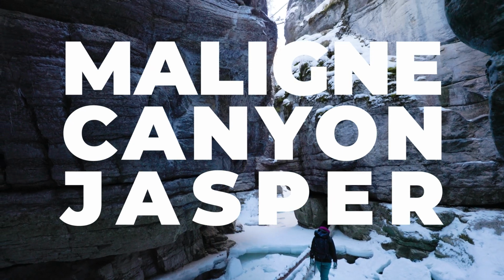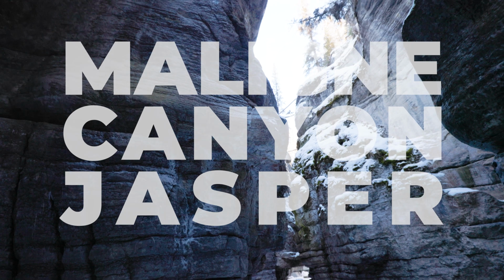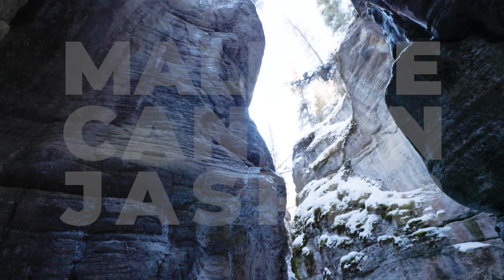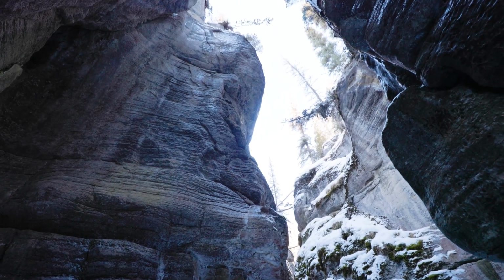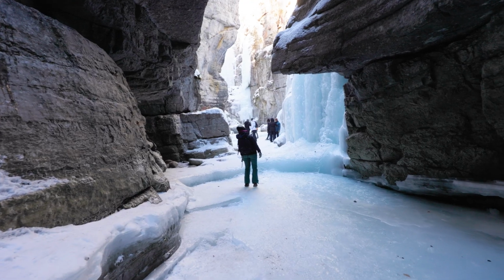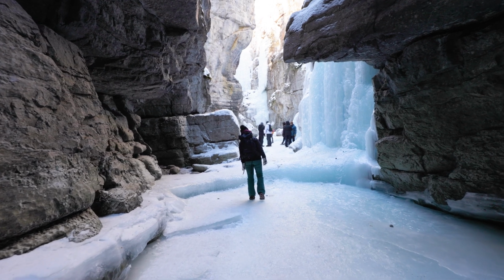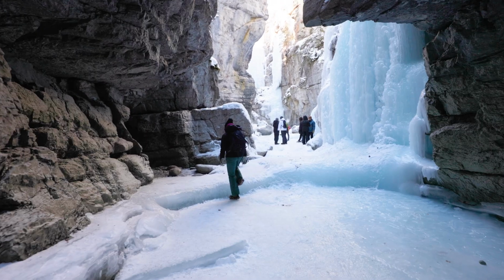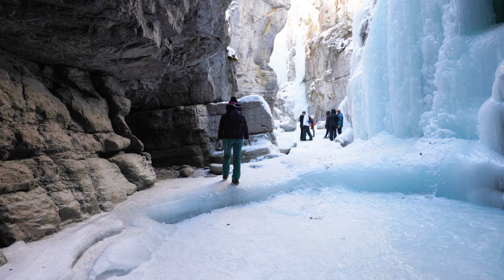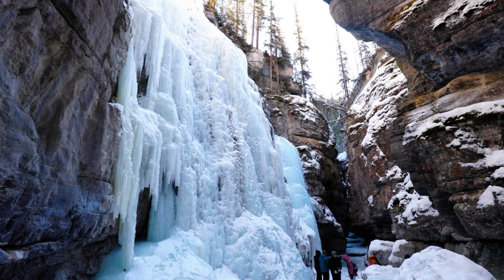Maligne Canyon has to be one of Jasper's winter highlights. I mean, what beats walking through towering canyon walls surrounded by frozen waterfalls? This 50-metre deep canyon is spectacular all year round. In summer, you can see thundering waterfalls, but in winter, it turns into something completely different and becomes a